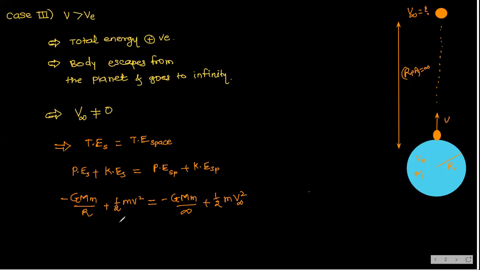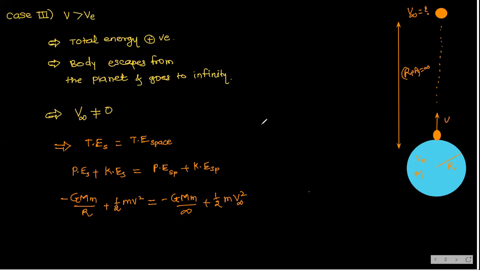Sir, why do we have to take minus for GMm on both sides? Potential energy is always negative, na. You go back to the topic of potential energy, you will understand. It is negative because the work is done against the gravitational field. Or even we can say gravitational force is always attractive, right? Gravitational force is always attractive. Clear? You go back, here I have derived this energy relation, you will understand.